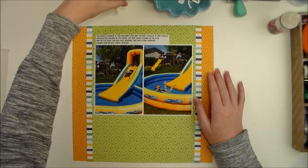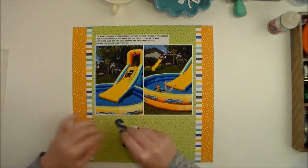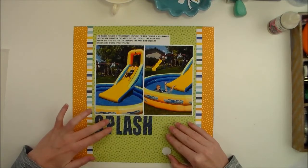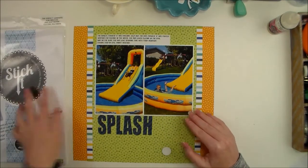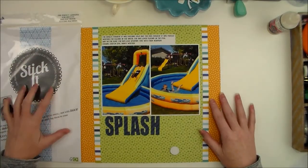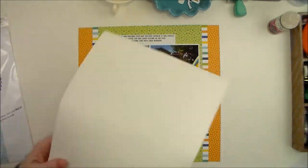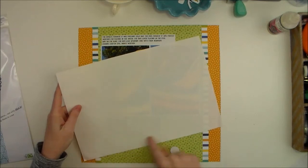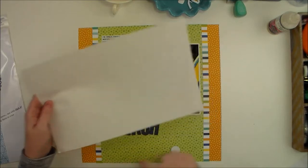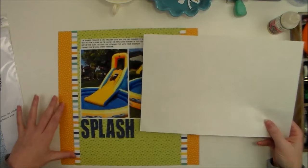Now the main portion of my title I have die cut, and I used my Silhouette Cameo, and there's actually a couple of ways that you could use the Stick It adhesive. You can put this adhesive right through your die cutting machine. That's an option. It's got a protective layer on it, so you can just cut your letters out, and so they already have the adhesive on them. I chose to just run my letters through separate, and then I'll add the adhesive on,